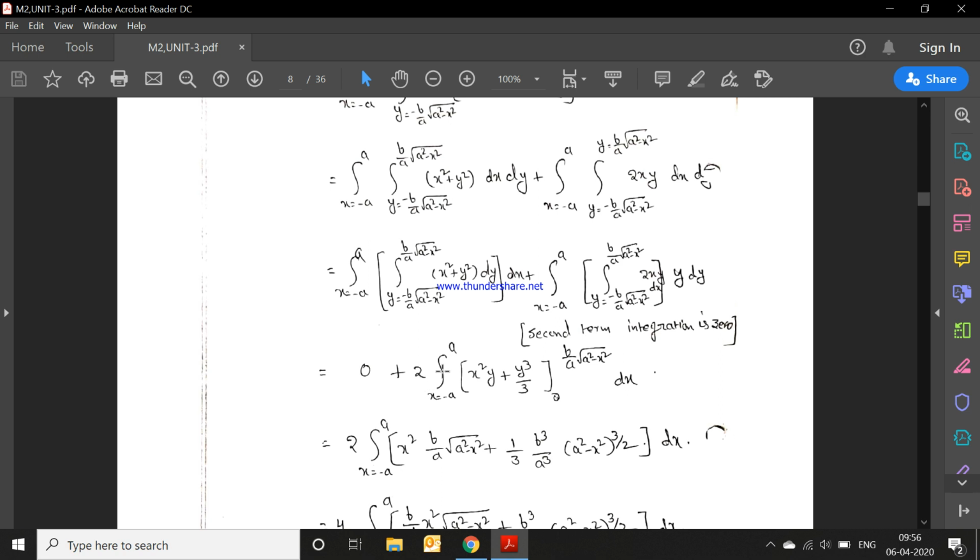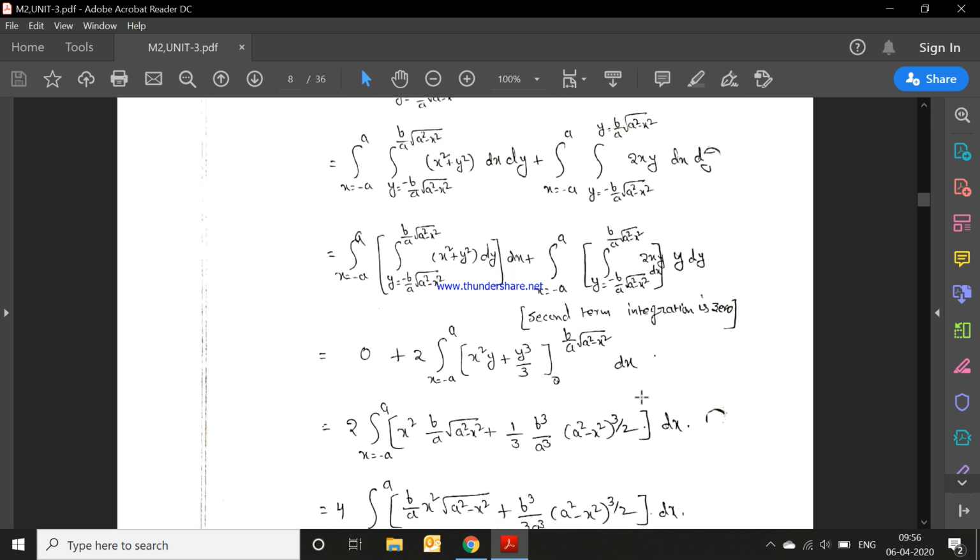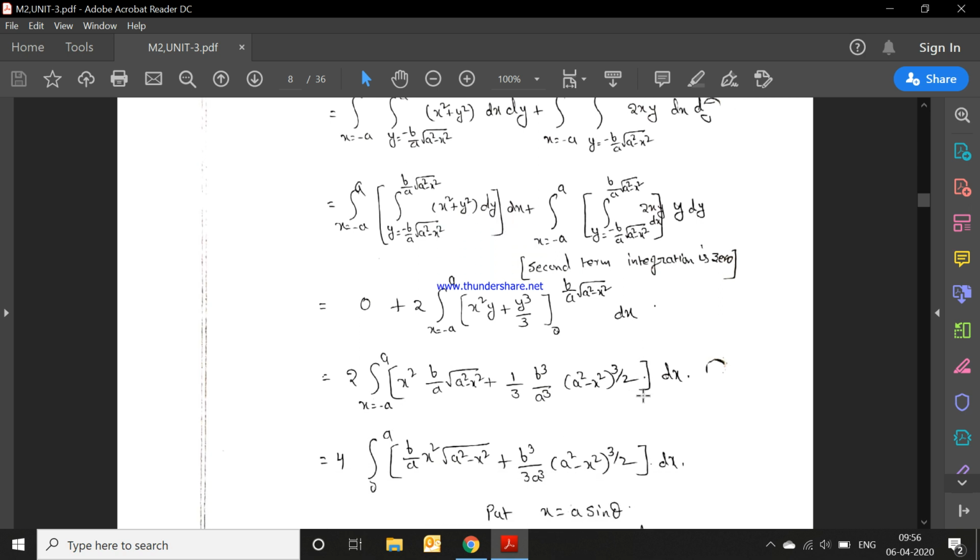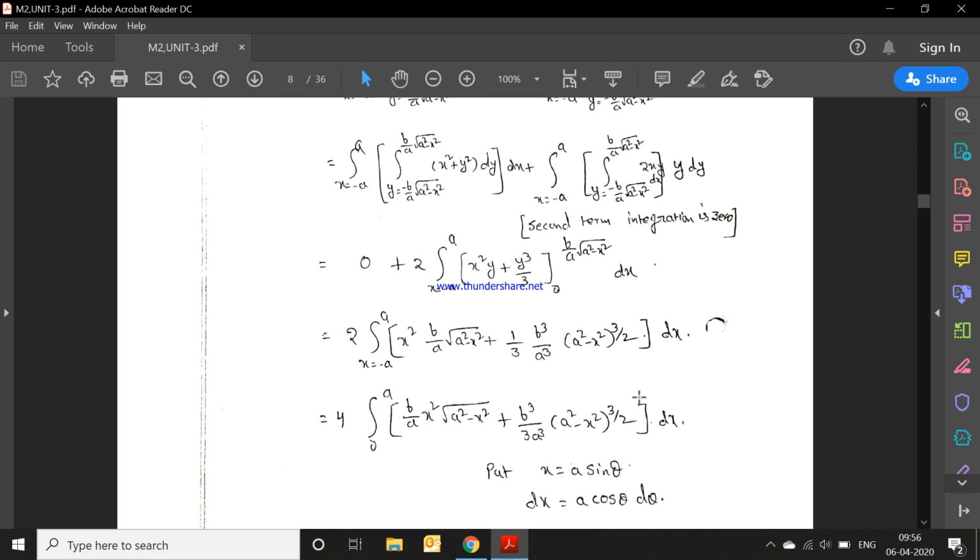So that's why we are getting 2 times the integral, x from minus a to plus a, of x y square plus y cube by 3, with limits 0 to b by a under root of a square minus x square, into dx. Substituting the limits, we are getting the value: b by a x square under root of a square minus x square, plus b cube by 3 a cube (a square minus x square) whole power 3 by 2, into dx. Now here, root of a square minus x square into x,